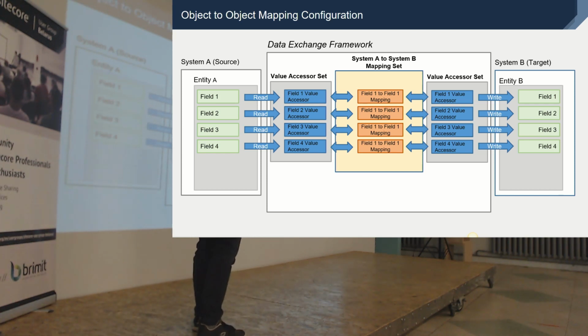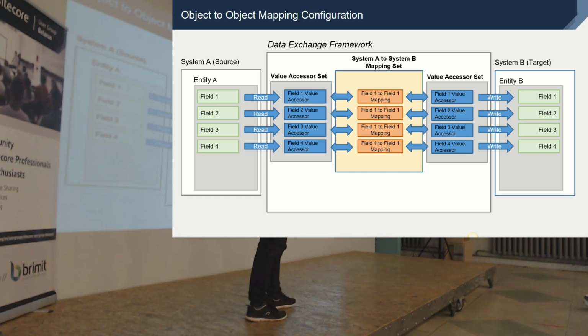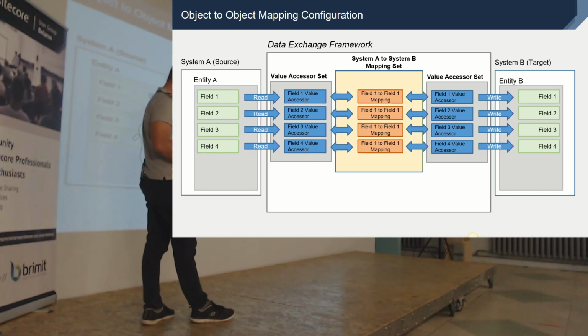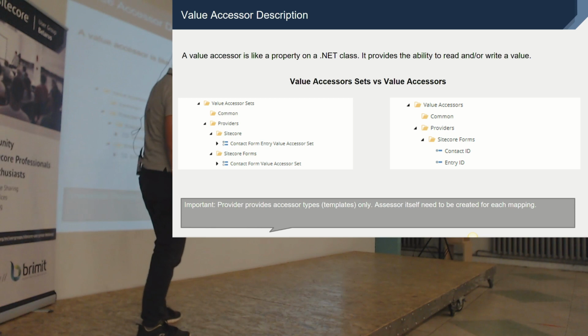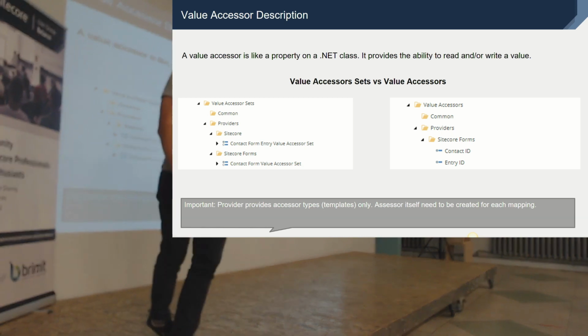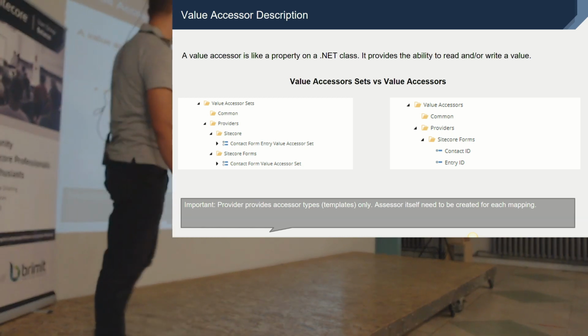Each value accessor will need to have its own mapping. Probably this collection is the first goal that we need to achieve. When we have the mapping set, we can actually go to our synchronization logic. But let's focus on value accessors, because, as I said before, it's probably our starting point of